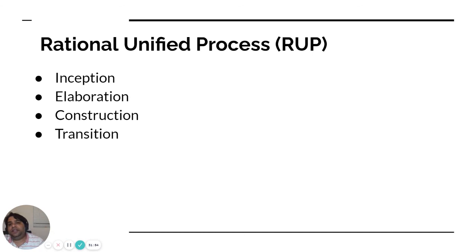So next is the spiral methodology. Basically, it will start talking about going in a circle, and then we will talk about the Scrum methodology. Right? So we will discuss this probably on